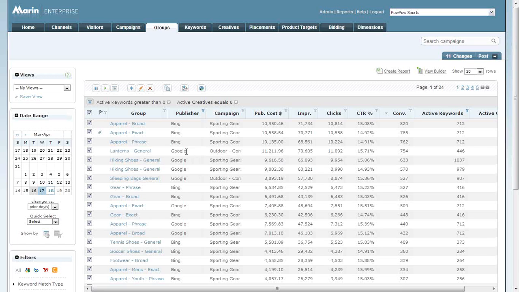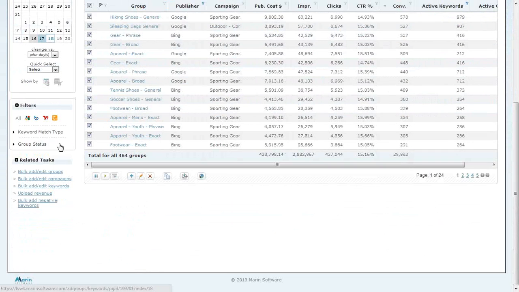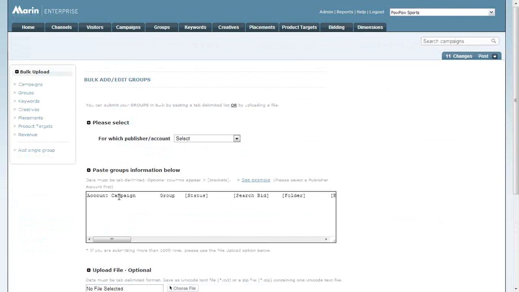Alternatively, you can also tag dimensions via bulk upload. This does have the benefit of being able to allow you to both create a brand new campaign, ad group, or keyword as well as give it a dimension tag at the time of creation, essentially streamlining your overall workflow. To do so, this case will remain on the groups level. If you click into bulk add edit,